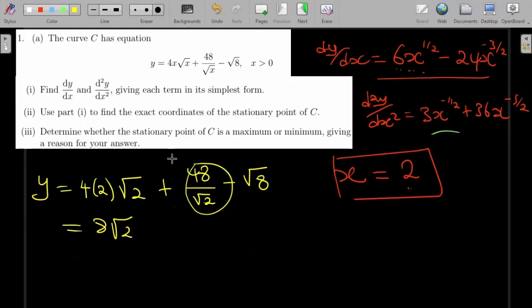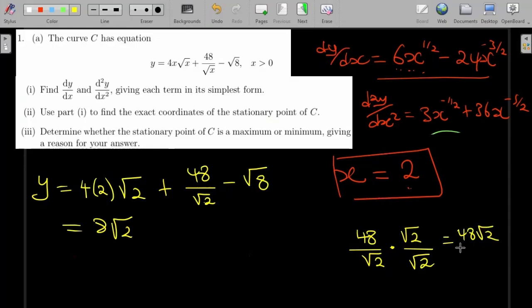Then I can try to rationalize this. Okay, so it would be 48 over root of 2. If I rationalize it, I multiply by root of 2, and on the top I also multiply by the root of 2. So this would be 48 root of 2 divided by root of 2 multiplied by the root of 2, which is just 2. So this is 48 root of 2 divided by 2. That will give me plus 24 root of 2 and then minus,